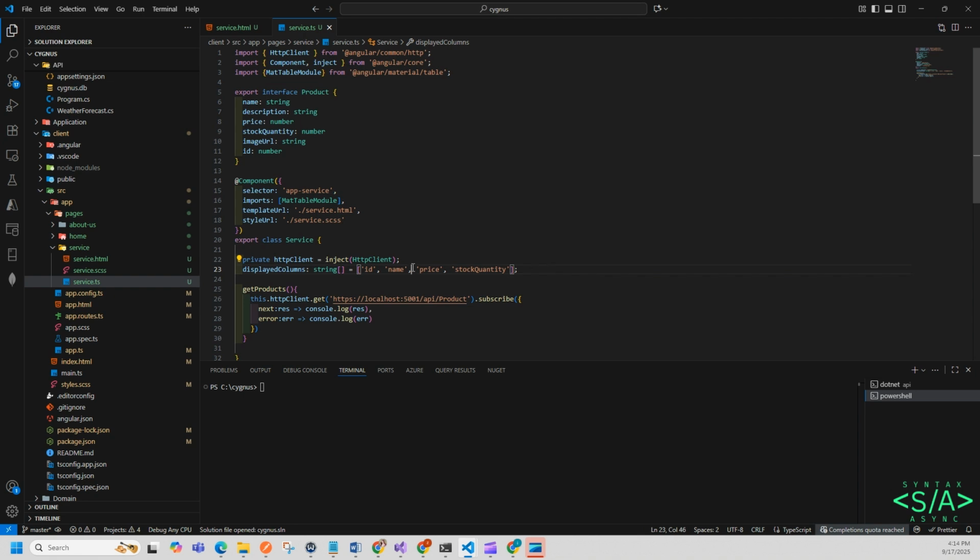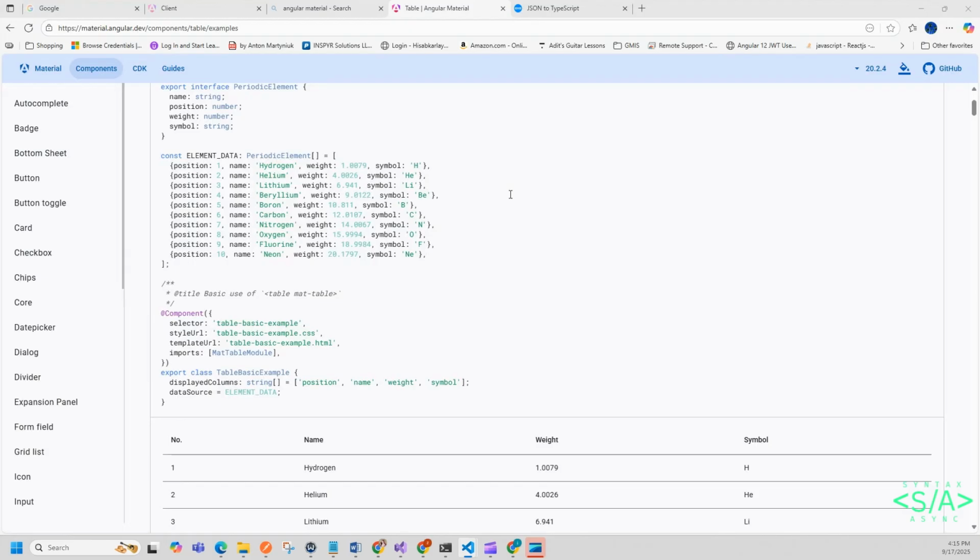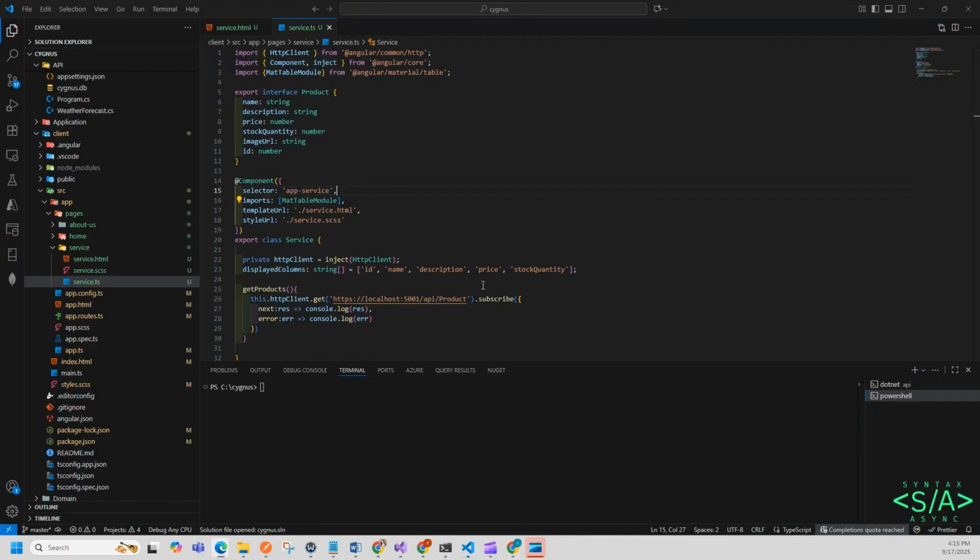So ID, name, description, price, stock quantity. That's it. So we got the column, and next the data. We created the product and